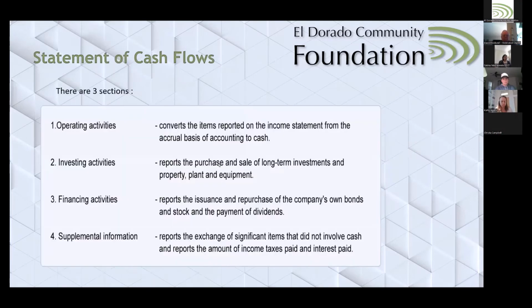I'm going to move on to the next one. And this shows the statement of cash flows. So there are normally 3 sections. The first one is operating. This is normally reported on your income statement from the accrual basis of accounting to cash. So most nonprofits, in fact, most nonprofits that I know of, and most foundations and organizations actually use the accrual basis of accounting rather than cash basis of accounting. Accrual basis of accounting is where